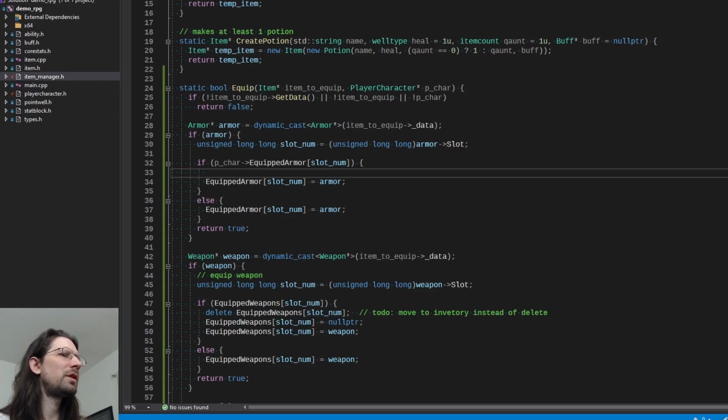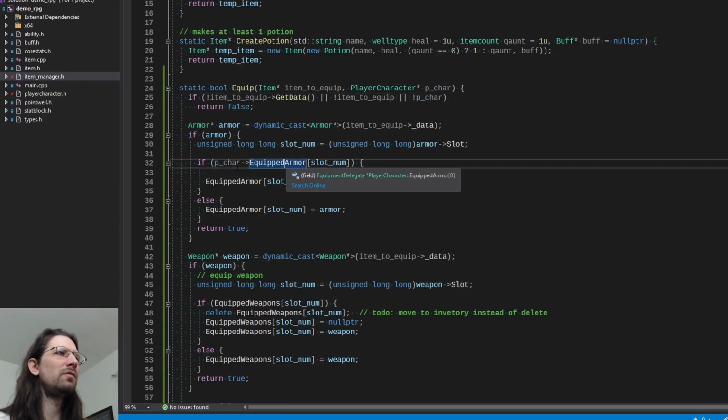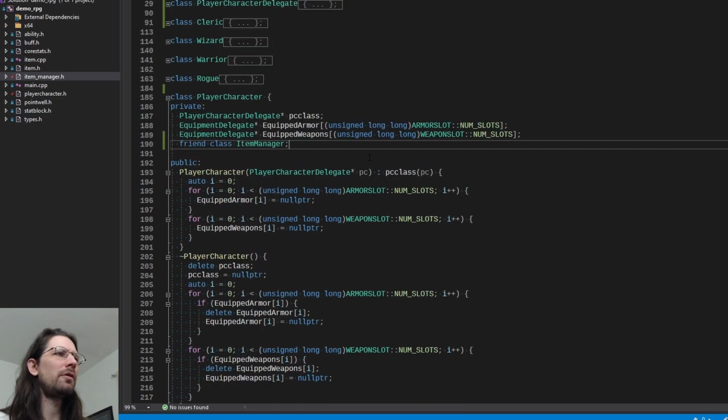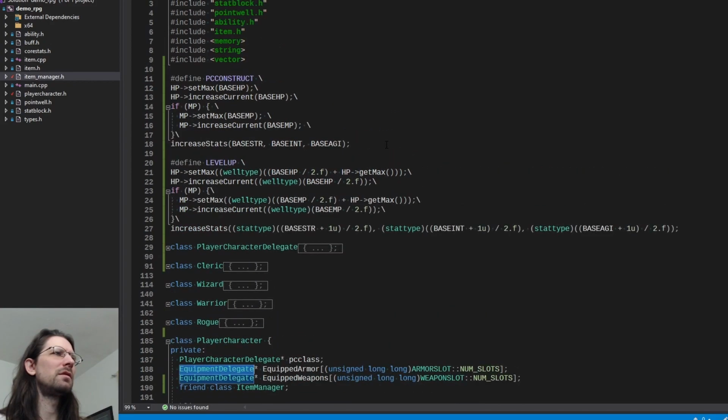Now there's a couple different ways we could do this. We could make a move constructor, or, let me think about this. Or the other thing we could do is in our character, we could be saving these references of all these equipped things. Now that's probably going to make more sense in the long run, and it's just going to require a little extra thought. Because if we think about it, these are just equipment delegates. They're not items. And what they probably need to be is